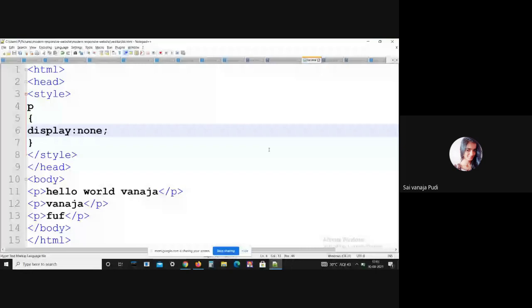The first one is the background color. I have already explained what background color means. This property can be applied to the button also. Let me create one button.